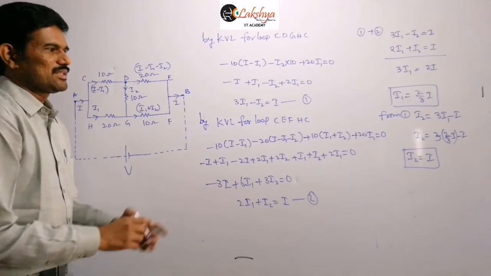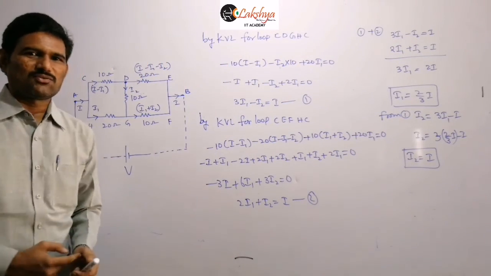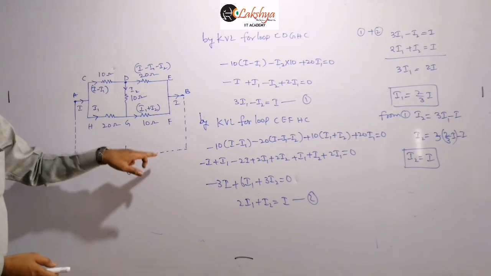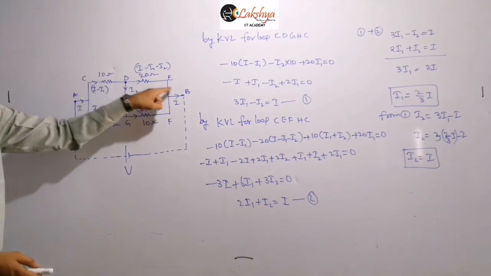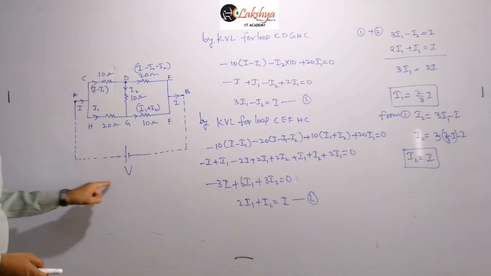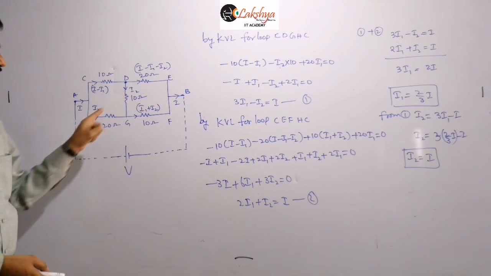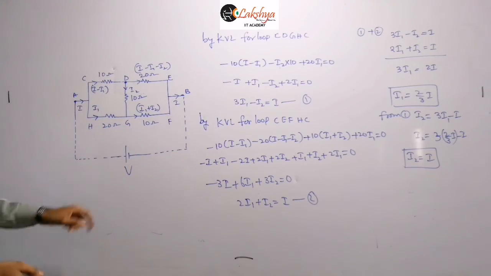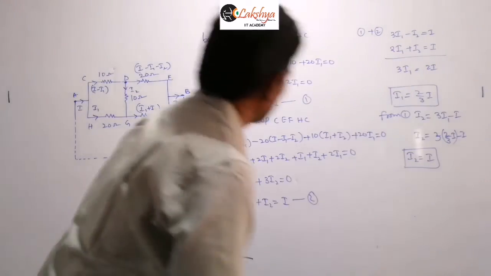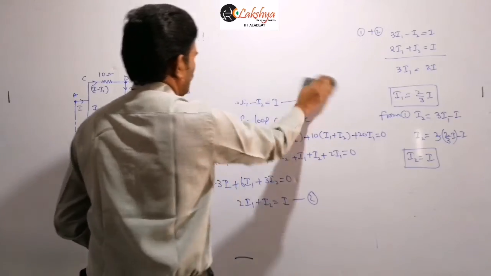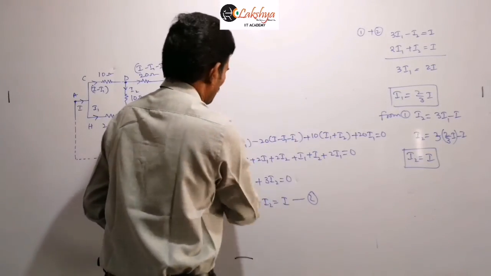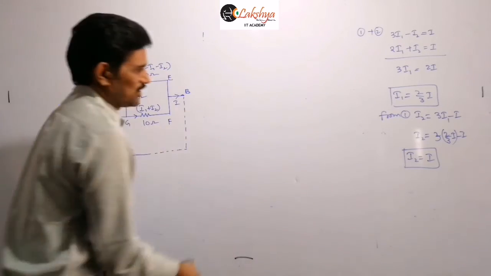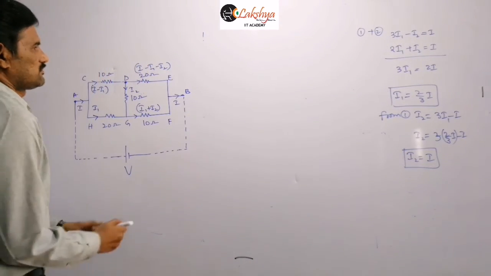And now after getting this I1 and I2, finally once more we need to apply the Kirchhoff law by including the cell. Here you can take any path, you may come along this path, or this path, or you may consider this path also, but finally we should include that cell. Then you will get the final effective resistance. So first you need to find I1 and I2 in terms of the total current, and then finally we need to apply the Kirchhoff law.